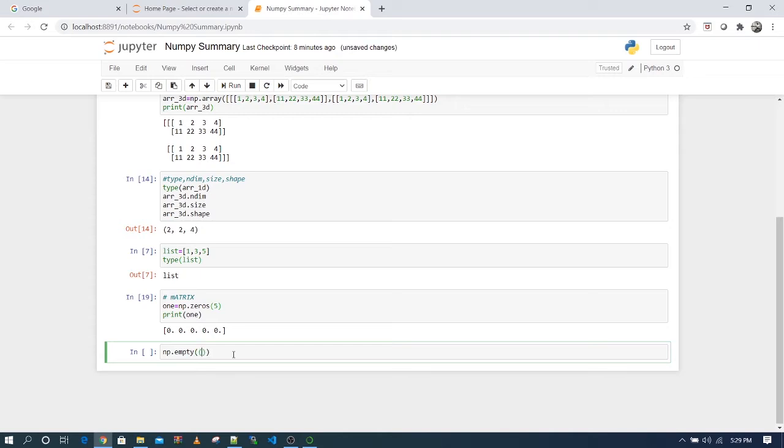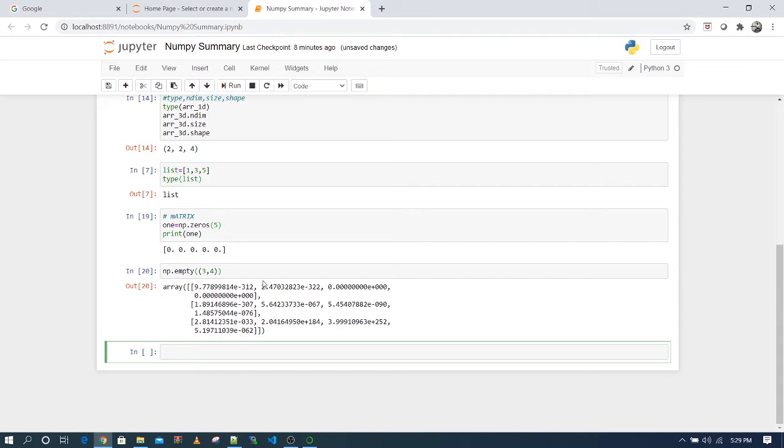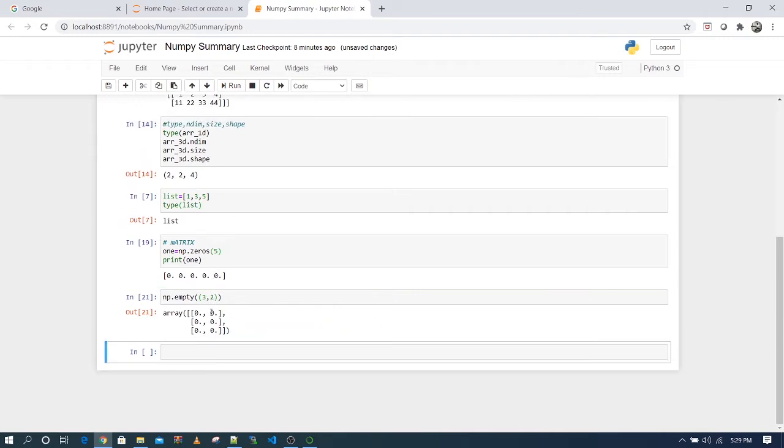Suppose I give a 2D shape, 3 rows and 4 columns. Let's change it to 3, 3, 2 so that you can see clearly. I haven't passed any values, but I have given shape, so it has provided me values by default.